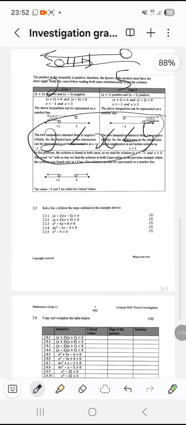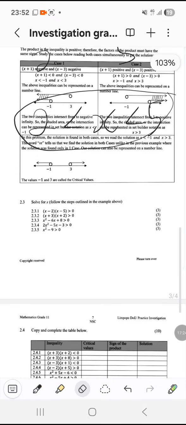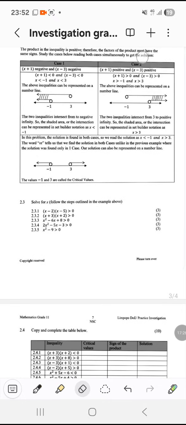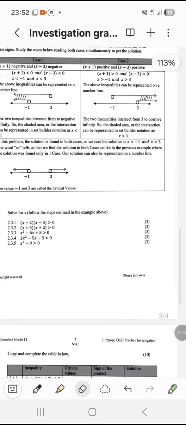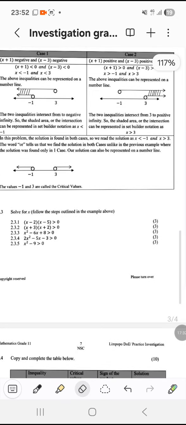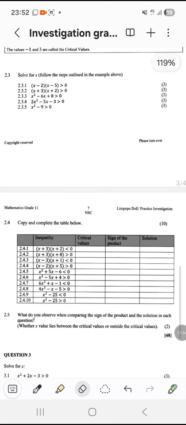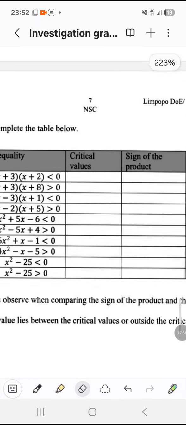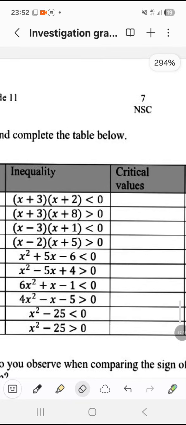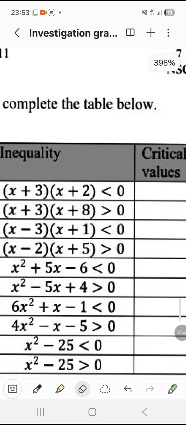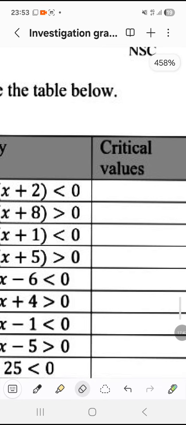Okay, let's go to 2.3. 2.3, following the opposite example. So we'll just go to 2.4. Now 2.4 is easy. So let's start with the critical values. Critical values are inside the bracket. So if we have x plus 3, it means the critical value is x is equal to